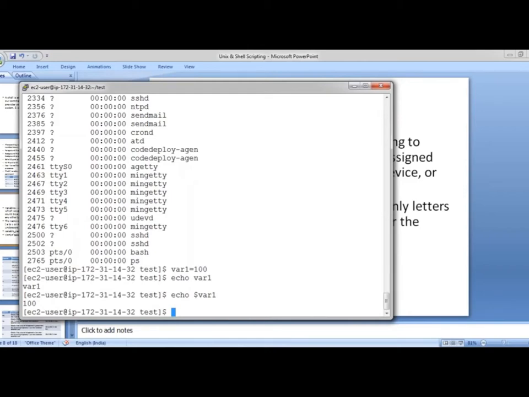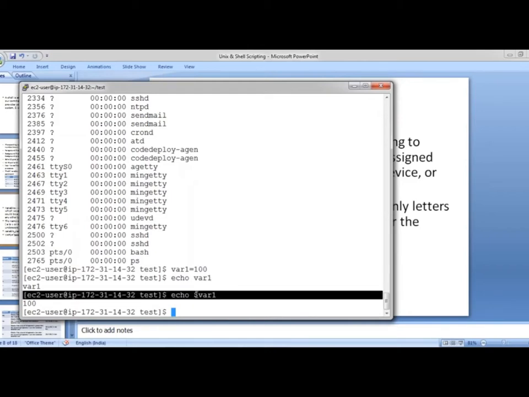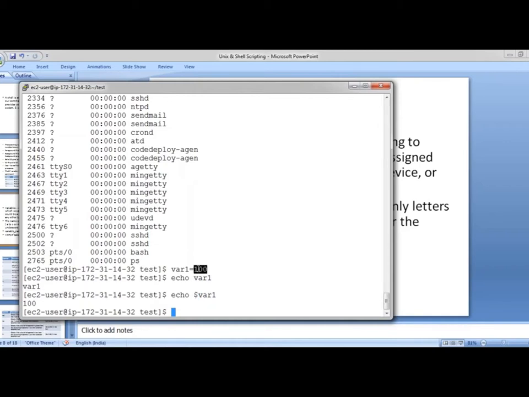So echo $var1. It says that the dollar points to the value of var1. So what is var1? It is 100. So echo $var1 prints 100.